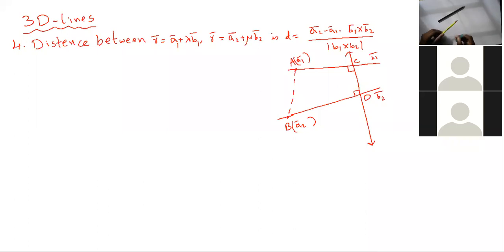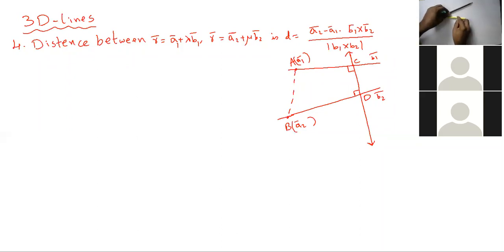So this is the first vector, suppose the first line, and this is the second line, and this is the line of shortest distance. That means the line which is perpendicular to the first line and the second line. See, in two-dimensional geometry, if a line is perpendicular to both the lines, the other 2 lines should be parallel. In two-dimensional geometry, it's compulsory. Right? The middle one is perpendicular to this and this, these 2 should be parallel. But in three-dimensional geometry, it is not compulsory.